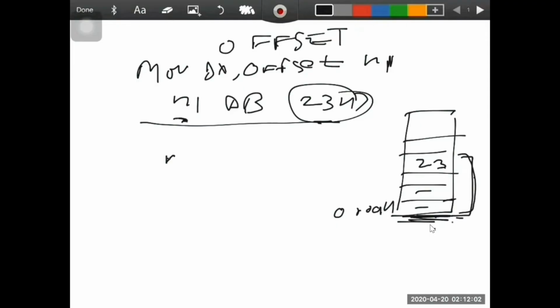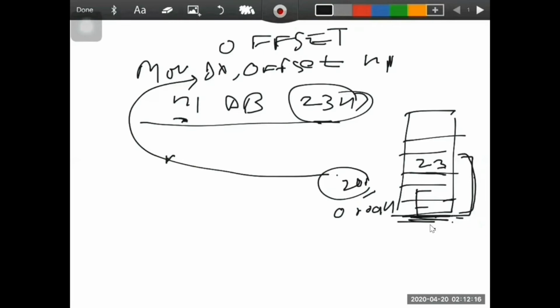And that value will be, for example, 20, and that 20 will be transferred to DX. So 20 is the displacement. For example, this 23H is stored from 0000H at 0020H. So that 20 displacement will automatically go to DX, right?